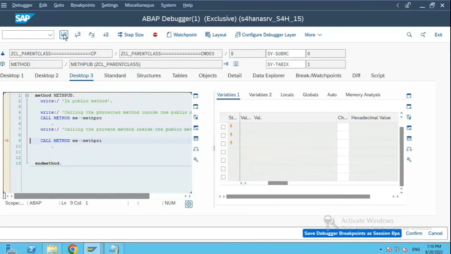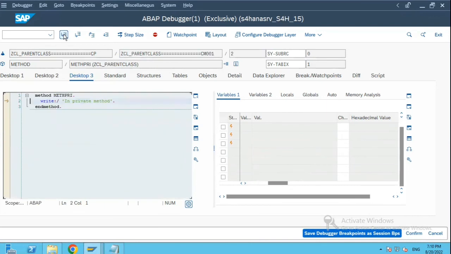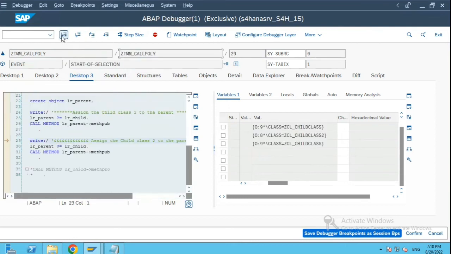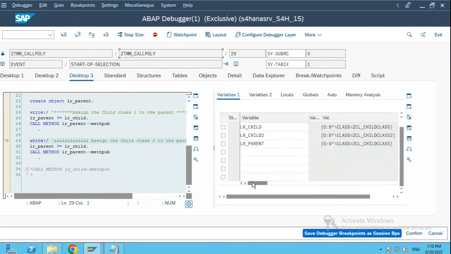Now it will call the private method. Because the private method belongs to the parent class, that private method will get called. And now we are back to the calling program. Now before execution of this statement at row number 30,